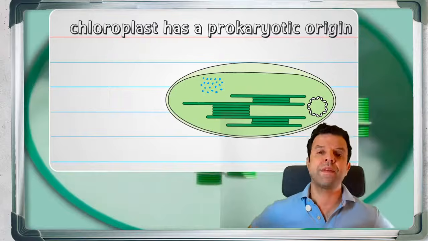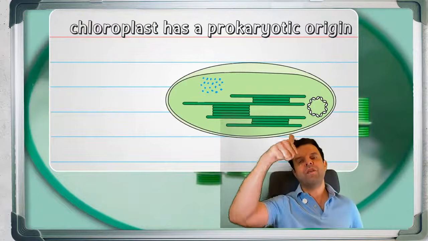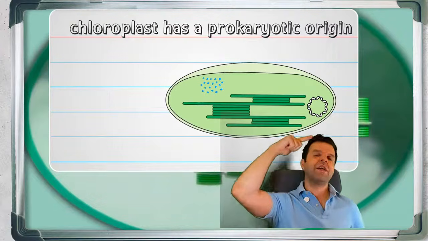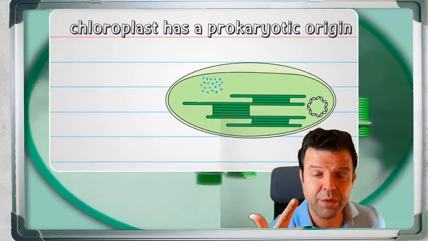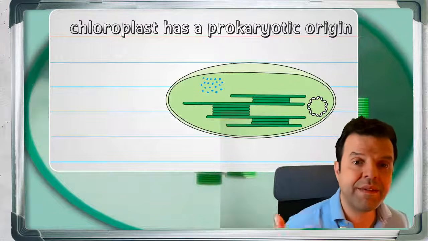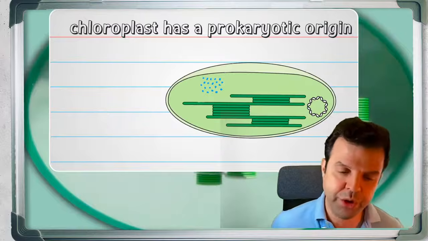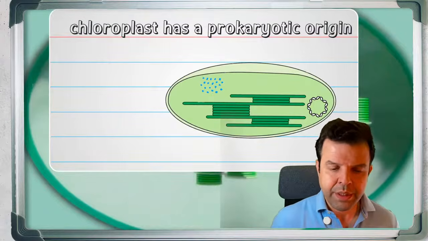So all of this, how much evidence do we have? We have three. The double membrane, small 70S ribosomes. Third is the fact that we have circular DNA. Yes, so